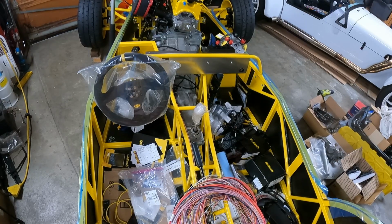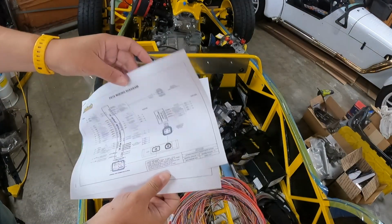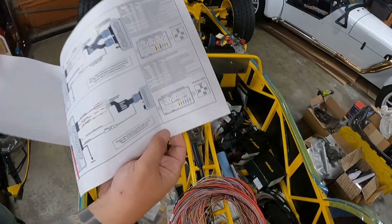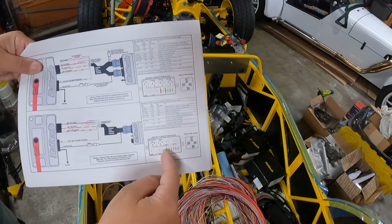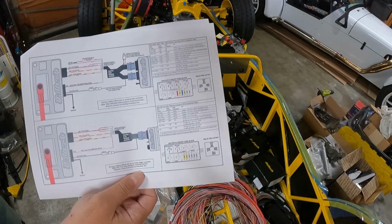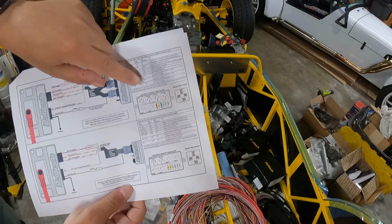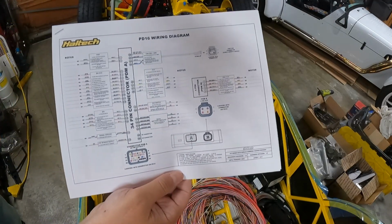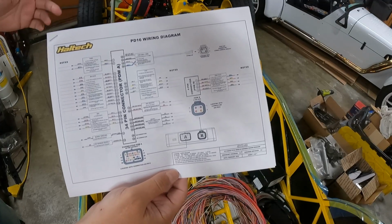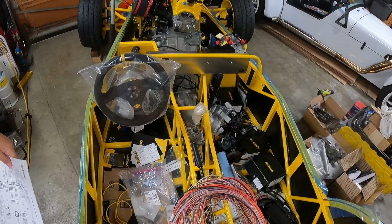One of the things I really appreciate is Haltec, like other manufacturers, do supply a simple wiring diagram that shows our pinouts, where everything should go, and one thing that we will get to later is it details the fuse box that would be included on your Haltec 1500 Elite or such engine wiring harness for the ECU. We will get to that later. We're not going to pay much attention to it now because that's not on the PD16 harness. This details our basic connections out, how everything is grouped up. And while we're going to be paying attention to some of this, really what I wanted to point out is